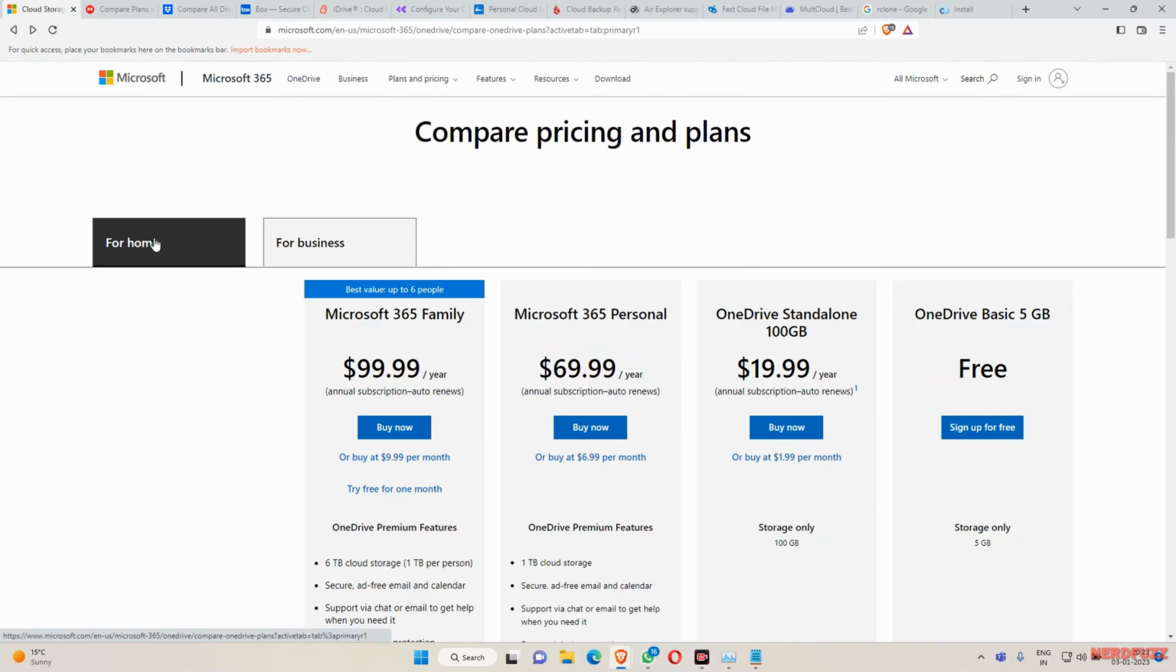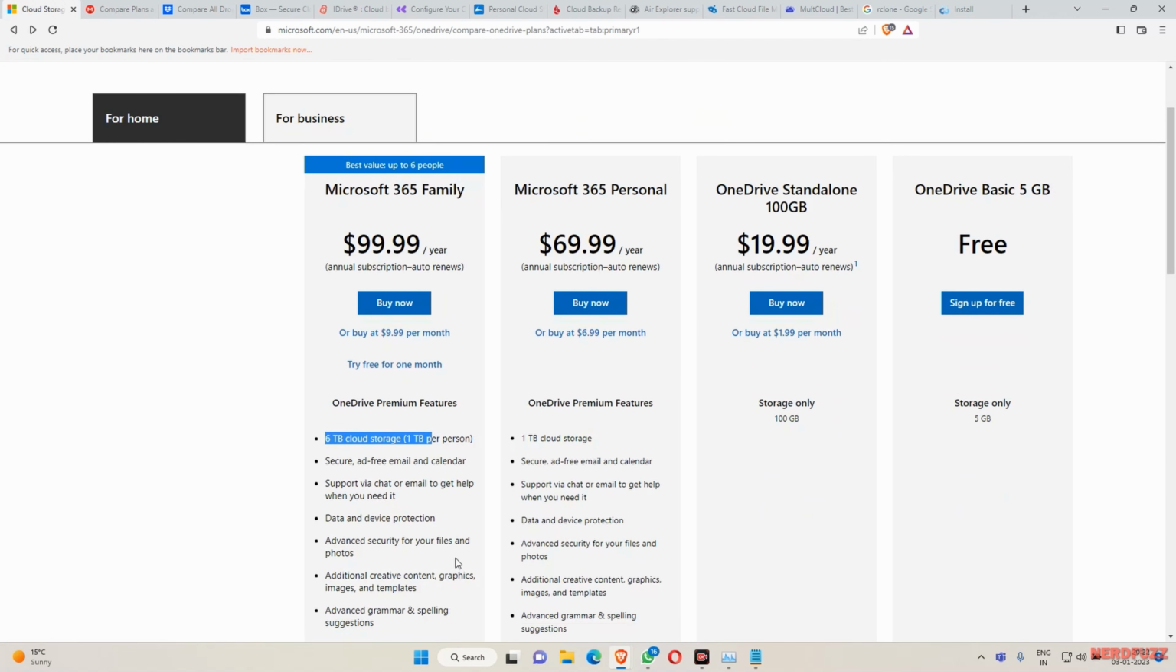If you are using it for home purposes, I would recommend the 365 Family packages. In this, you get around 6 terabytes of cloud storage, 1 terabyte per person. You can add around 6 people in the family, and it comes with family guard and security settings also. Suppose you want to set limitations for your children so that you can monitor them. For example, if you are going to use the Xbox and you have the account,